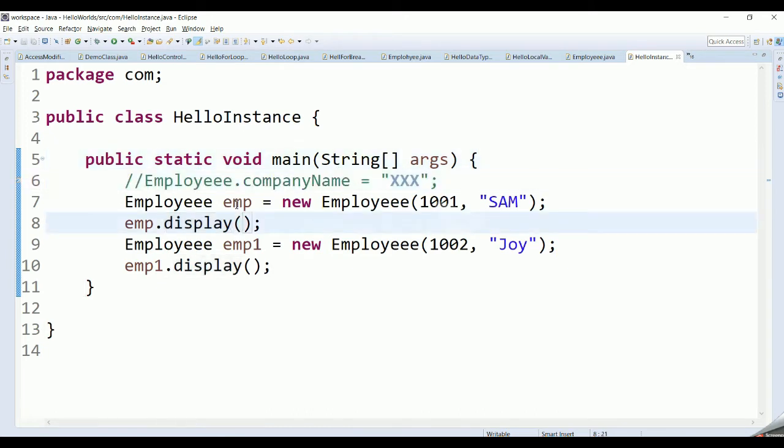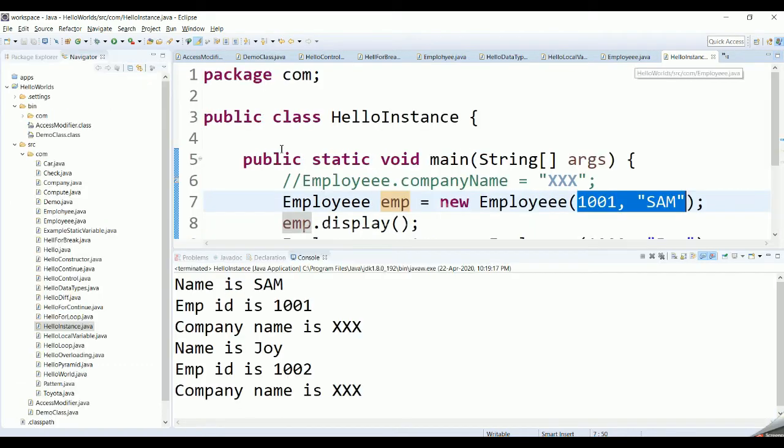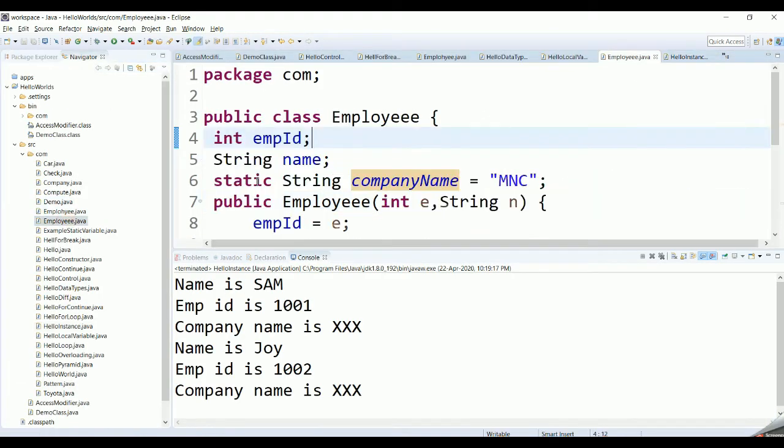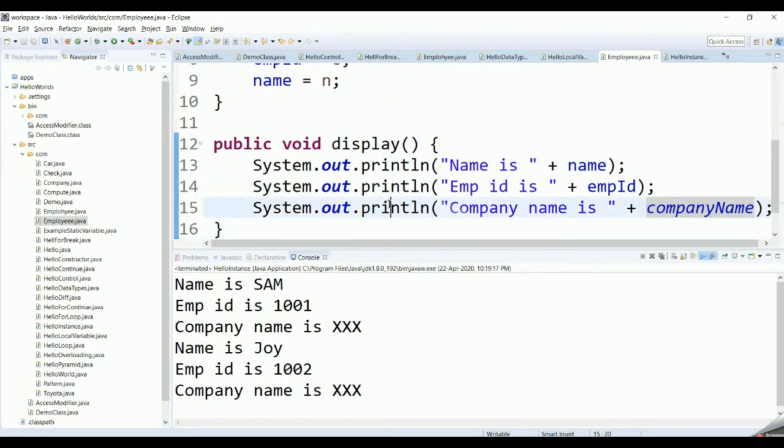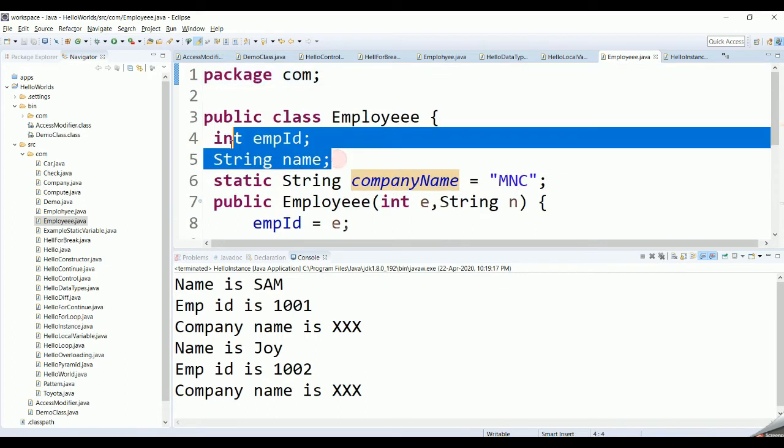First, when we create an object for this particular class, we are passing two values, employee ID and the employee name. So these two values go and get saved in these two variables, employee ID and the employee name, by making use of this parameterized constructor. So these two variables are called the instance variables because they are specific to the objects.